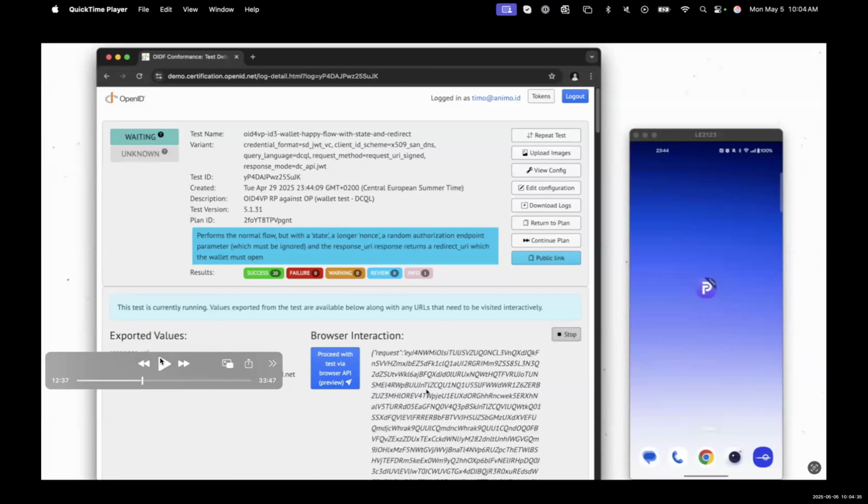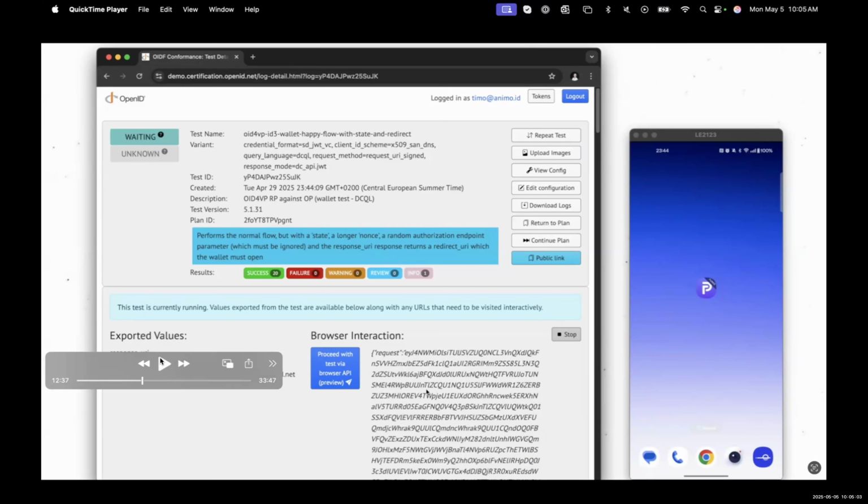Yeah, so this is the cloud-hosted version of the OpenID Foundation test suite you can see on the screen. We're not starting right at the start of the process. We've already selected a set of tests to run, put in the configuration, like the various keys and things that are required, and then selected an actual test to run.